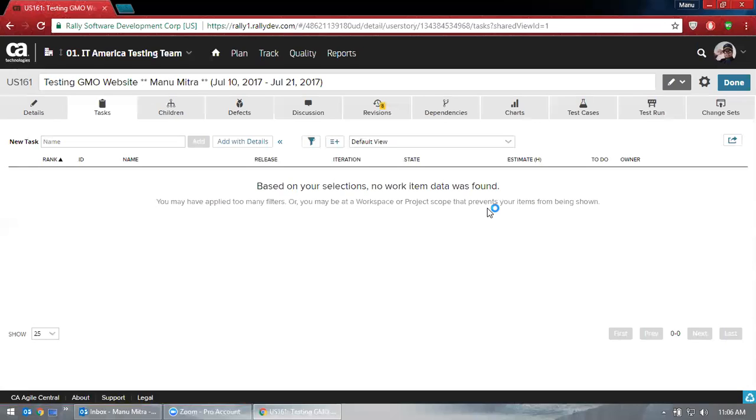Or else, if sometimes the company doesn't use it, that's fine. You can go with the flow if you want. But I would organize myself, right? Let's say I'm trying to do three things: one is functional testing, the other is regression testing, and the other is performance testing. Now I need to put in a task and specify how much time I will take for each of my testing. So let's say here I want to put